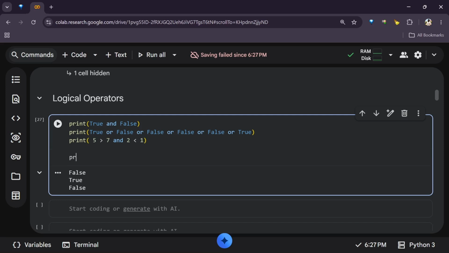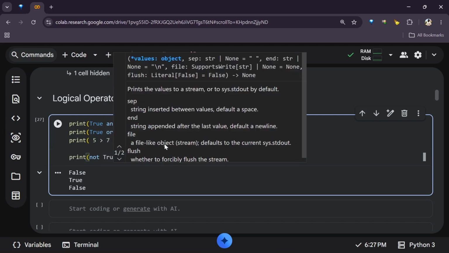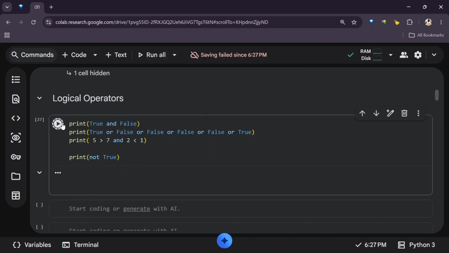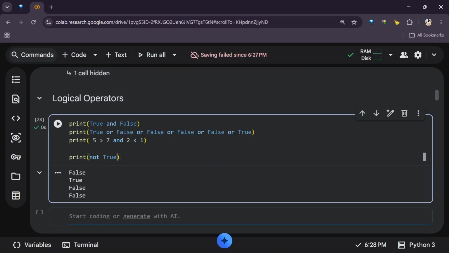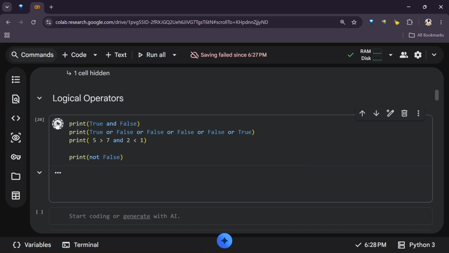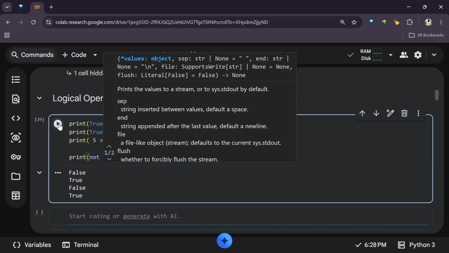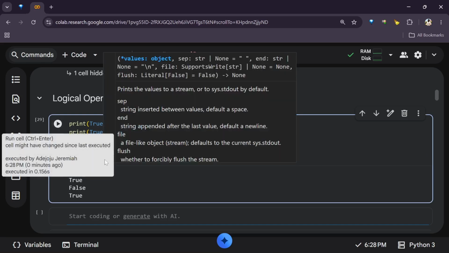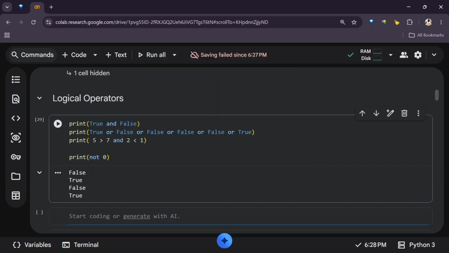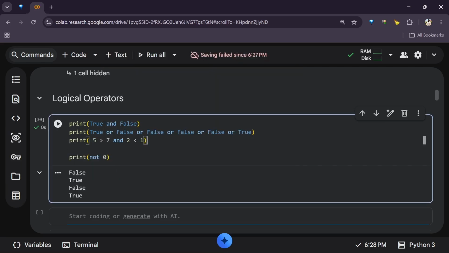So we can say print not true. If we say not true, that will be false. If we say not false, that will be true. If we say not 0, what do you think we'll get? Give it a shot. Just think about it. What do you think we'll get? We'll get true. But if we say not 7,